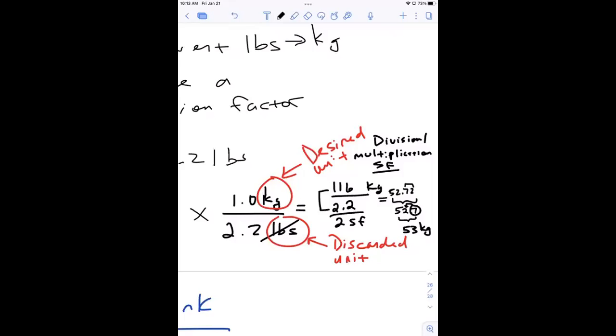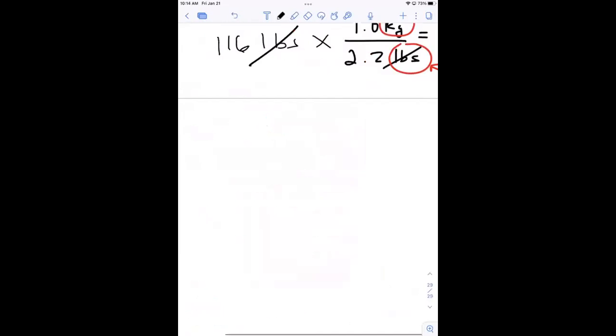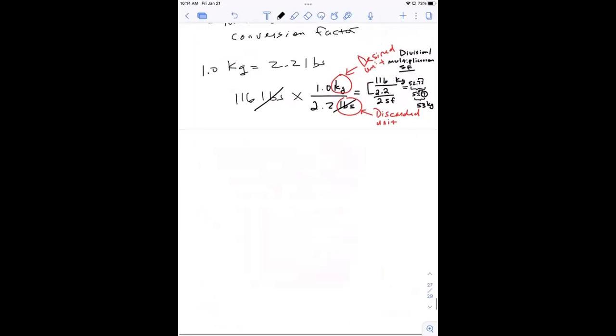All right. So we looked at a unit conversion. We looked at using a conversion factor. We looked at significant figures and maintaining the proper number of significant figures. And we also have a way now to convert between any units. Now, let me ask this question. We got one other piece to this problem that we can talk about, and that is the fact that the unit kilograms, so we got 53